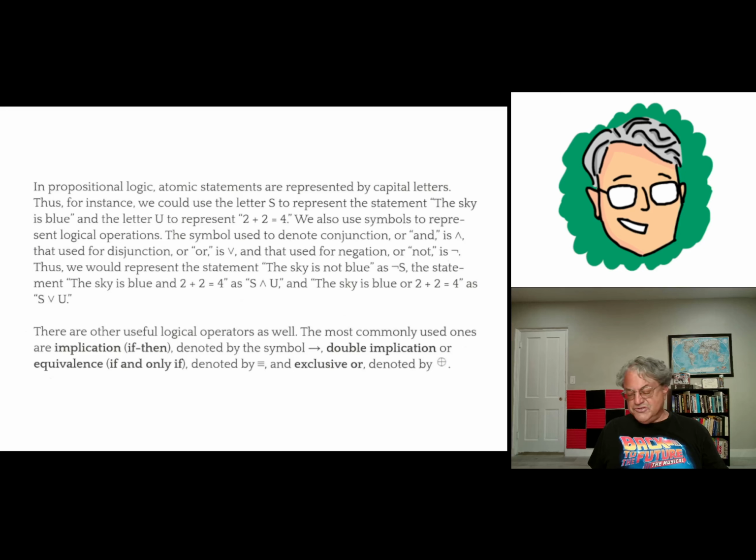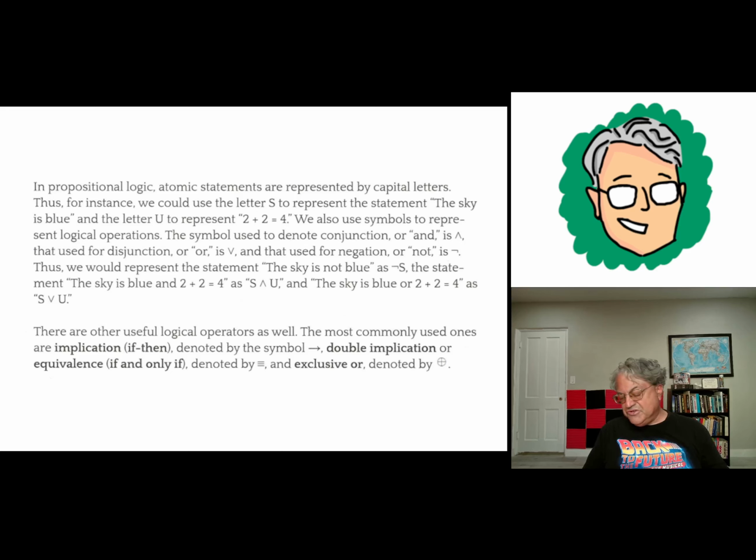And there's also double implication. There are different ways people write this. I think in my book I write it as the three lines. This is also the same symbol used for congruence or equivalence. I think you've seen that in that context. So I could say I won't go outside if and only if it rains today. That would be a double implication. That means it implies in both directions.